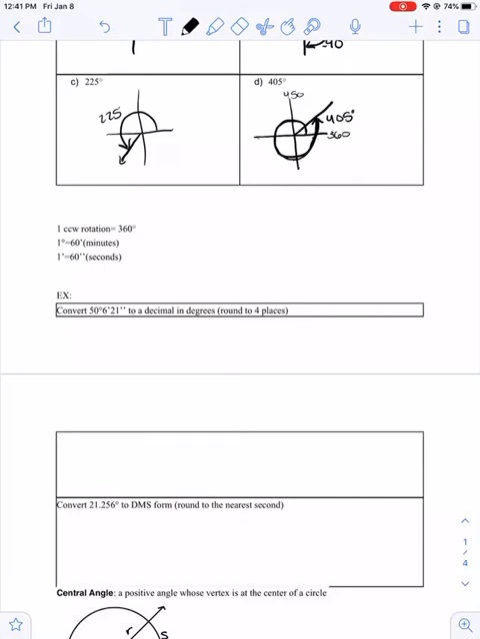So we're going to convert first. We have 50 rotations, 6 minutes, and 21 seconds. We're going to convert that to a decimal in degrees. So we're going from rotations to degrees. So the 50 already is our rotations. So we have 50 degrees, and then we have the 6